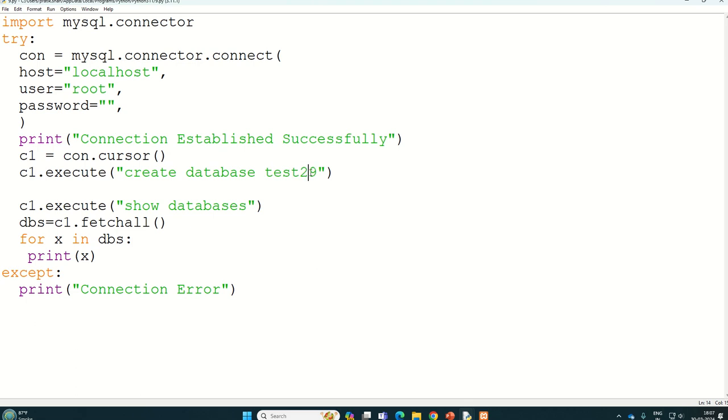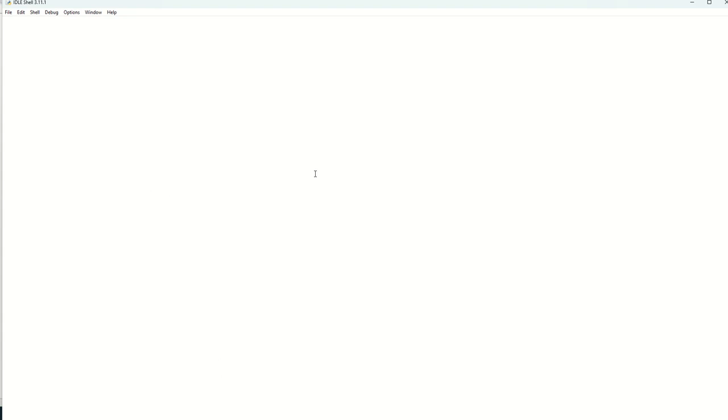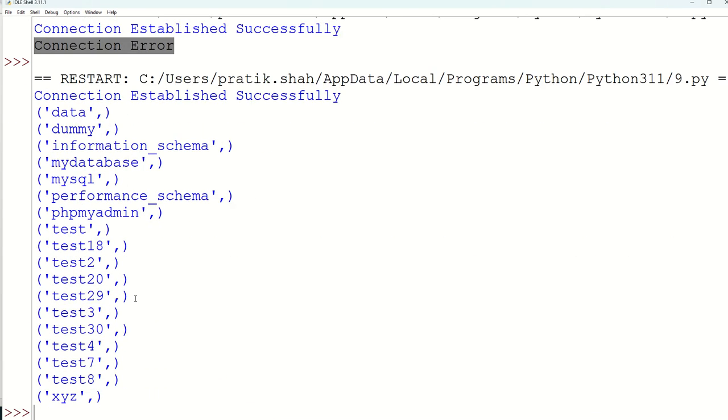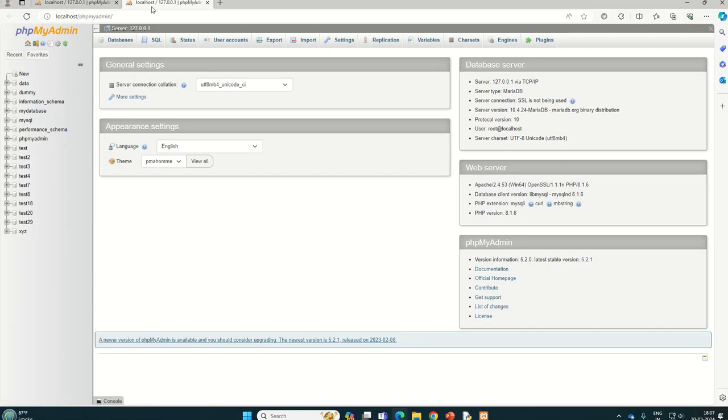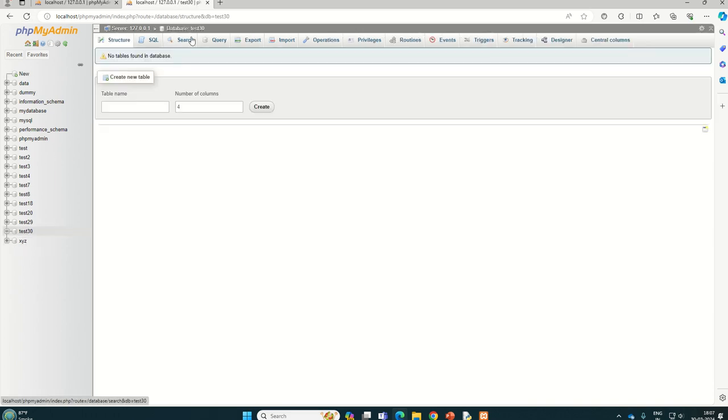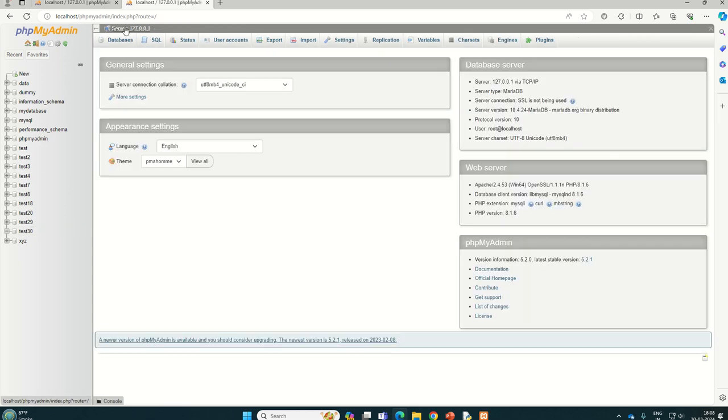So obviously, if you give some other name, for example test30 or something like that, F5. Now we are getting our correct answer. Everything is correct. The test30 database is also created. If you want, you can check in phpMyAdmin also, and we can refresh this page. Test30 is created. If we click on this database test30, it asks for creating a new table, and easily you can give the table name, the number of columns you require, and create the table. Otherwise, go back to your home page by clicking on this server